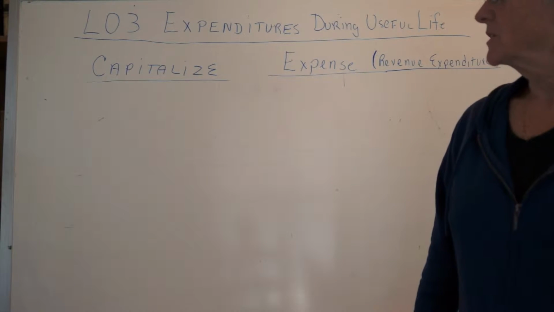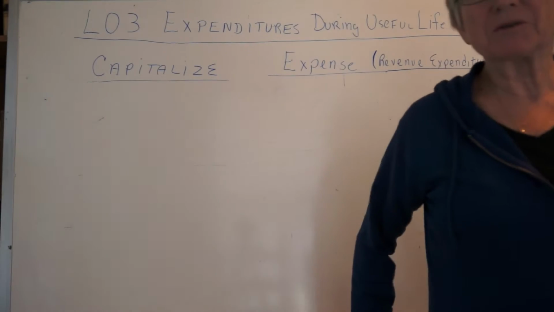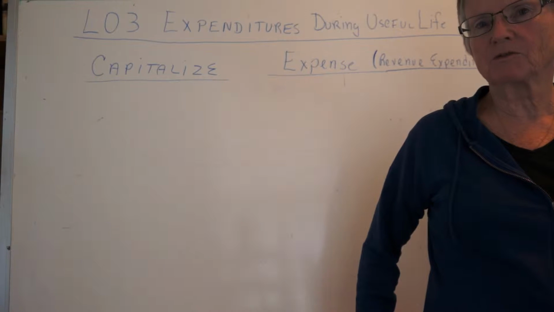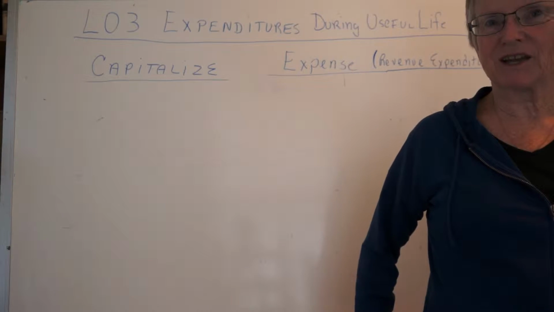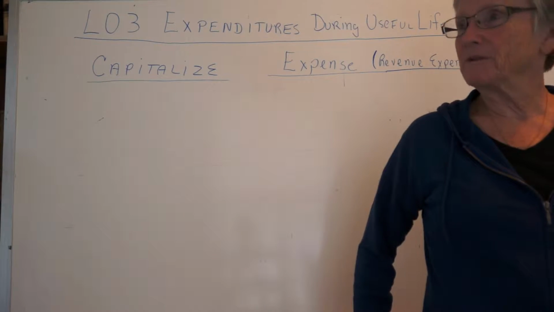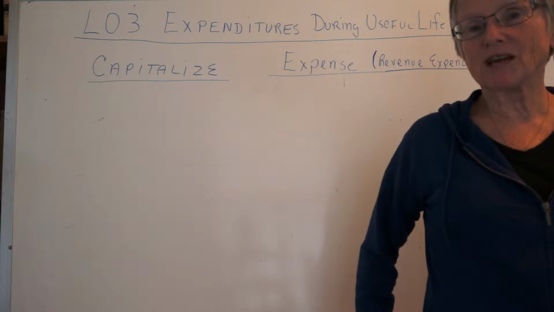This is learning objective 3, expenditures during the useful life. So we already own the asset. We've got the initial cost of it recorded, which means that has been capitalized as an asset. And with your own car and with any planned assets, you know that there's ongoing expenses that happen after you've